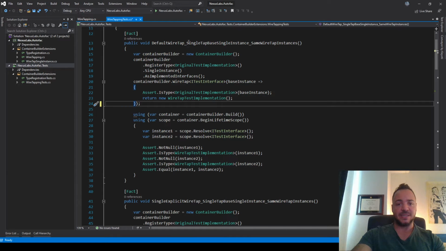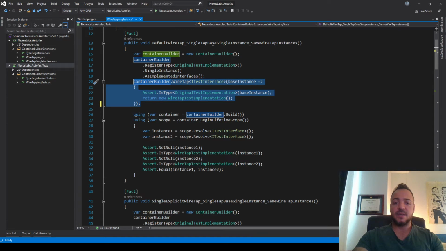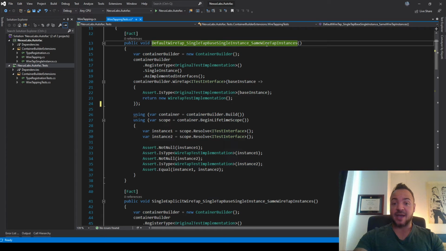But we do a single wiretap, right? That's what the single tap means, because we have a single wiretap. It says the base is a single instance, because you can see that right here. And then the last part of this says we expect that the same wiretap instances come out.